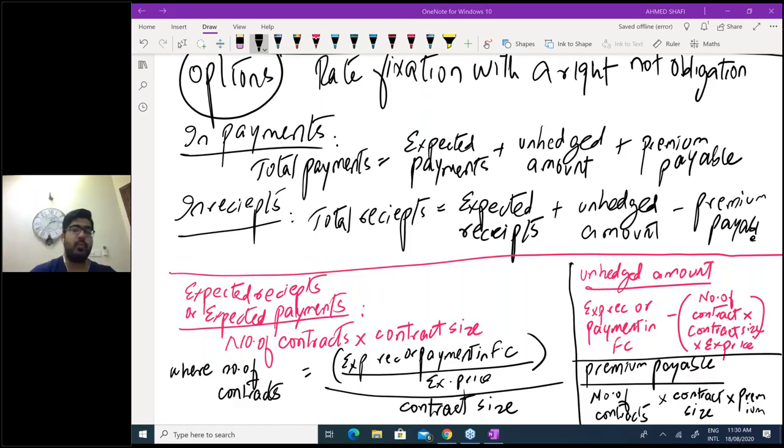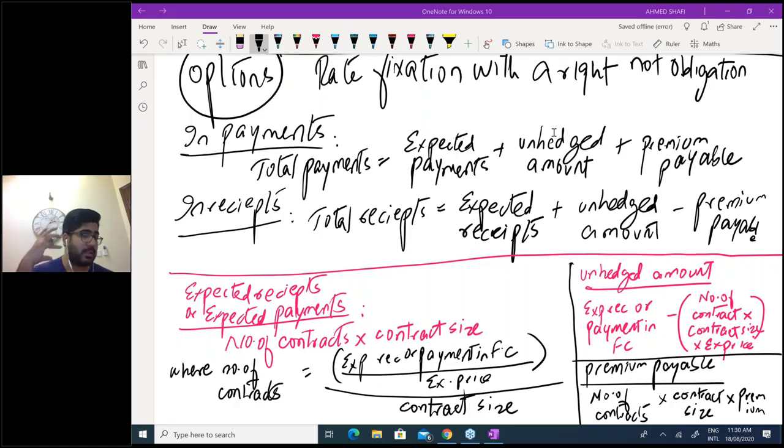Okay, now I want you to explain options because that's the main thing. If you get a question worth, let's suppose, 15 marks, which incorporates 10 marks of computations, it is likely that the forward exchange contract is just going to give you 1 or 2 marks. Futures is just going to give you 2 or 3 marks. The major marks, 5 to 6 marks, would be of options. It is very important that you consider options here, and I will make it very easy for you.